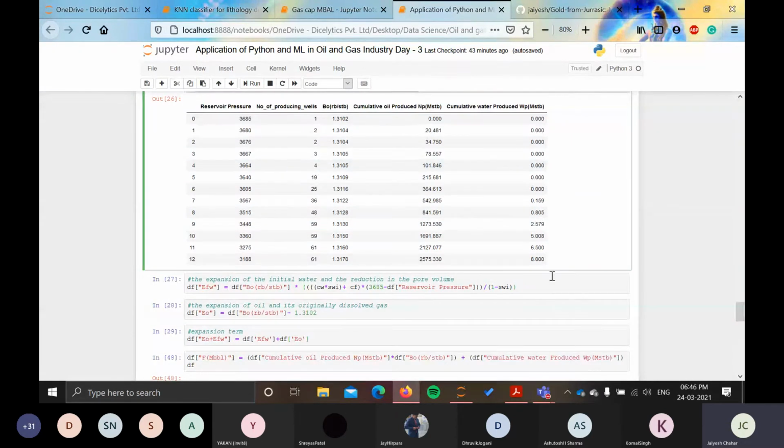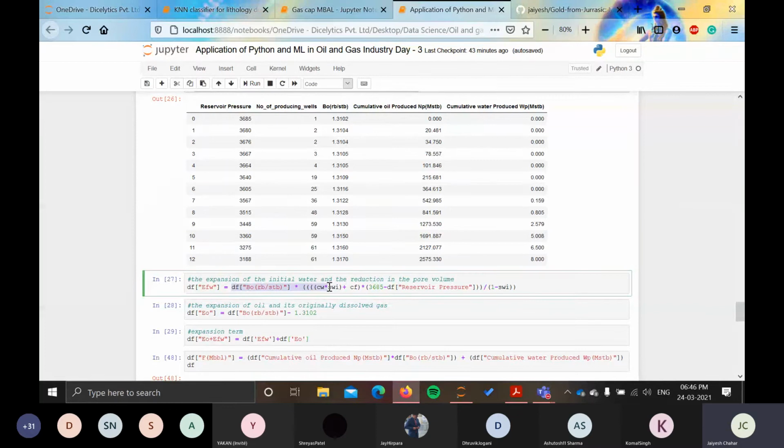Like the first value calculation of EFW. EFW is the term that is responsible for the expansion of initial water and reduction in pore volume, or you can say the effect of formation compressibility and the water compressibility. So here you can see that I have made a new column EFW in this data frame and used the formula.